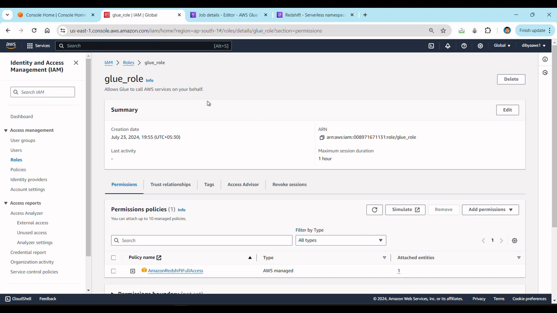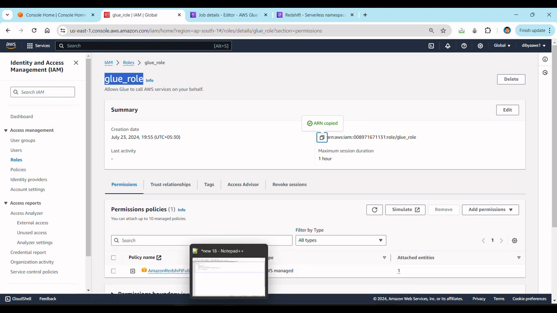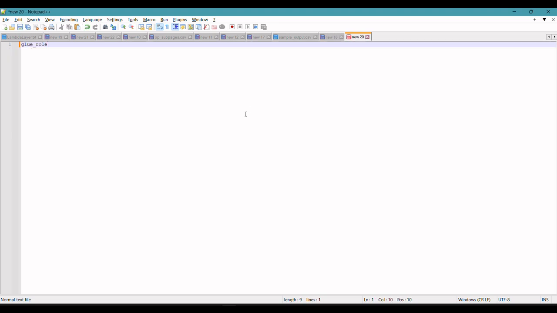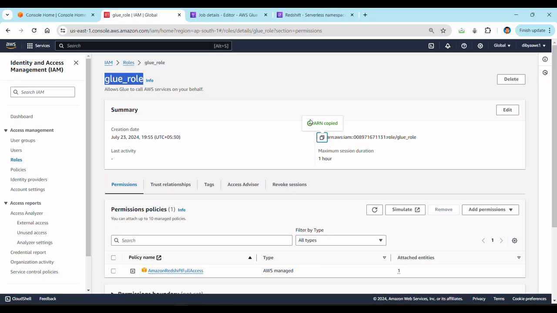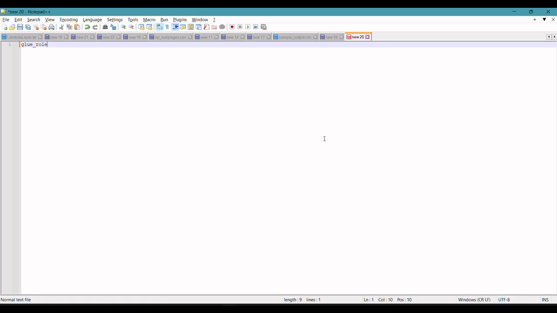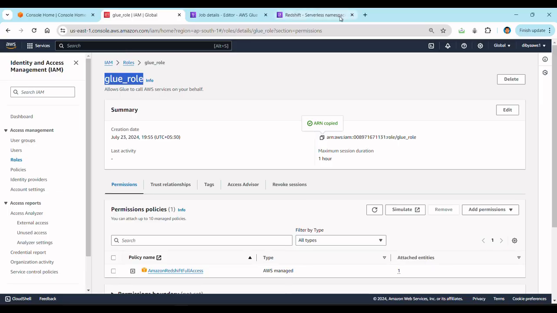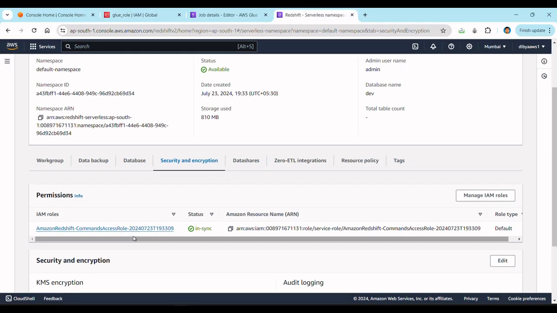Now what I need to do is take this glue role, basically the ARN of this glue role. So you have to copy the ARN of the glue role separately. So this one. Okay, I have copied it. So this is the glue role which is associated with this account. Now if I go to my Redshift, what I need to do is this IAM role,